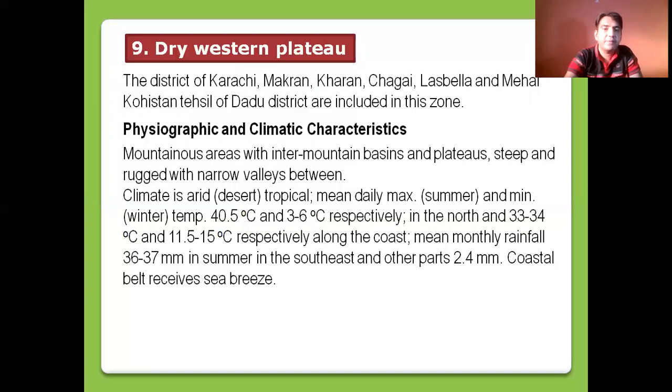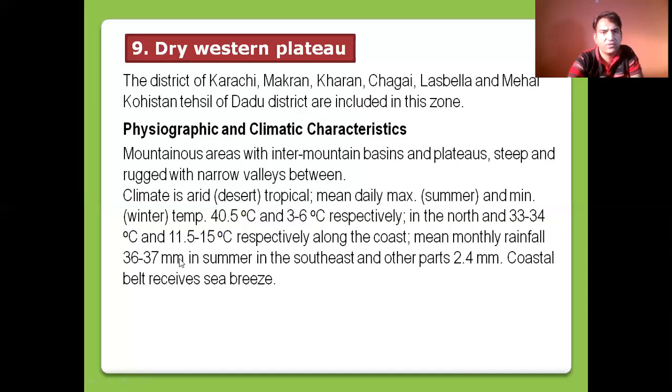The climate is arid, similar to the arid desert climate we had in the eastern part of Pakistan. It is tropical, with a mean daily maximum in summer and minimum in winter. In the summer we have 40 degrees centigrade, and in the winter 3.6 degrees centigrade. In the north we have a